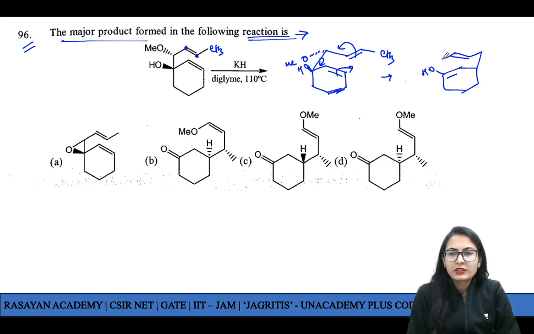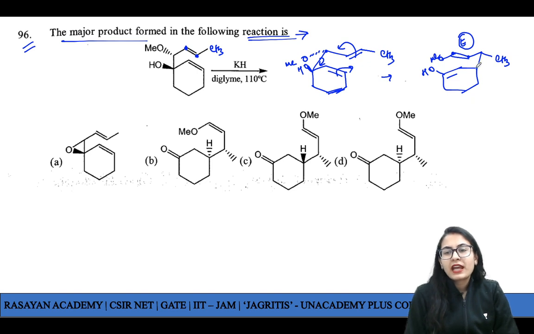Okay, and your methoxy once again goes below the plane. It is very important to identify the stereochemistry of this new double bond which has formed, because you see that the methoxy is below the plane and this bond is already above. So it has to be a trans alkene once again, and this methyl, since it was trans, is now below